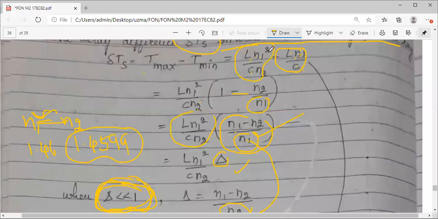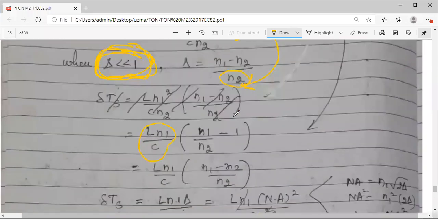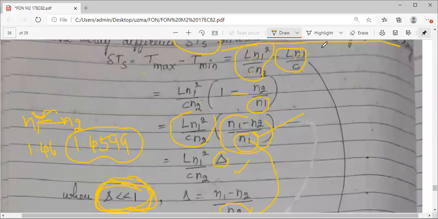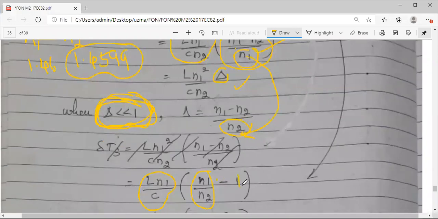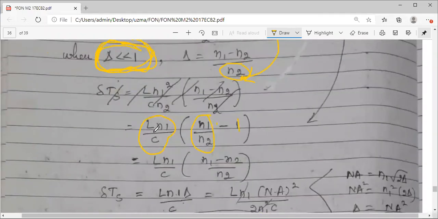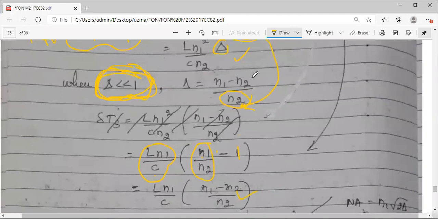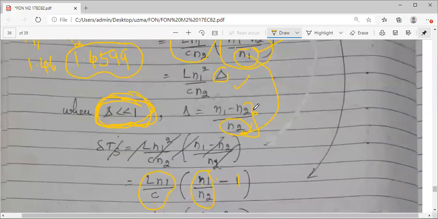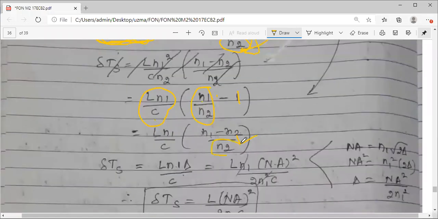L N1 by C. N1 by N2 you will remain. N1 by N2 minus L N1 by C, you have taken common, hence it is 1. Now further simplification: L N1 by C, N1 take the LCM, N1 minus N2 by N2. You can see I have replaced N1 by N2. Earlier N1 was there when I simplified. Now when I simplified, I have taken N2 and I can equate this to delta because my condition is delta